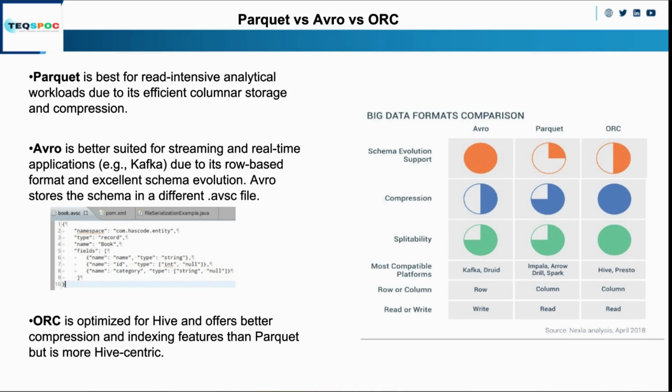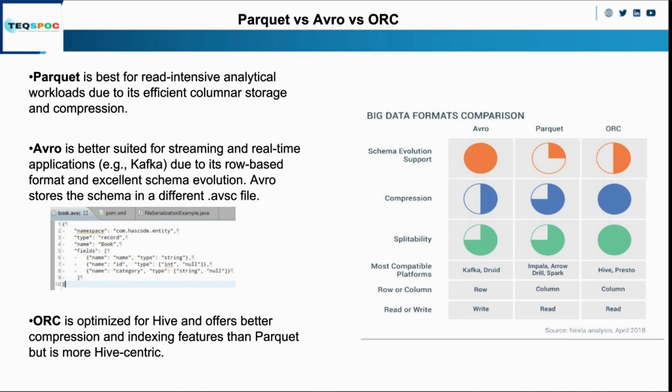And one more thing that Avro comes with, which is kind of a bonus for real-time processing, is schema evolution. So what is schema evolution over here? Avro gives the best support for schema evolution, whereas Parquet and ORC give little to nothing. Schema evolution means today, suppose I have 10 columns, and tomorrow it could be either 11 or something